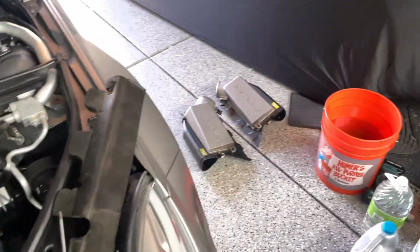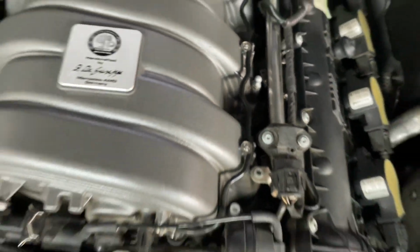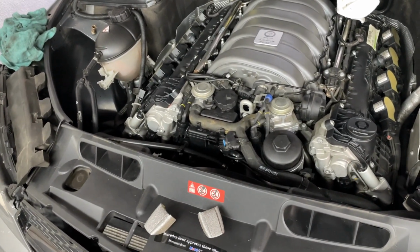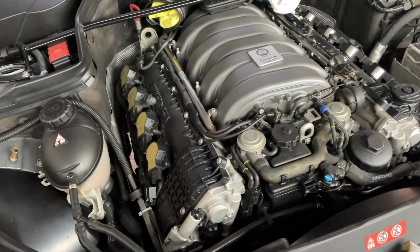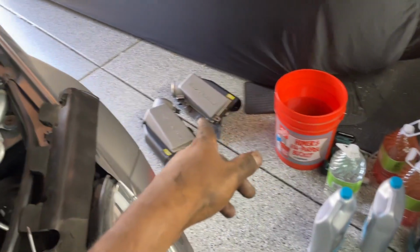Just take off the good old air boxes and some insulation, give them some cleaning, intake manifold and such. It gets kind of dirty down there in the screws for the manifold. And take a spark plug off, just take a look how it's looking right now and see if it's dirty or at least worn out. I don't think it is because the car's running just fine. But might as well take a peek and know for future if I need to change them out relatively soon or not. I'm also going to take out the filters in the boxes and just dust them out